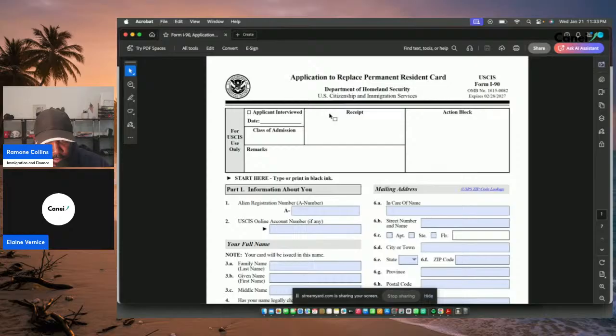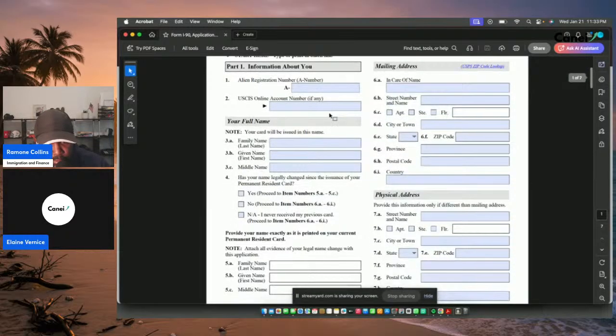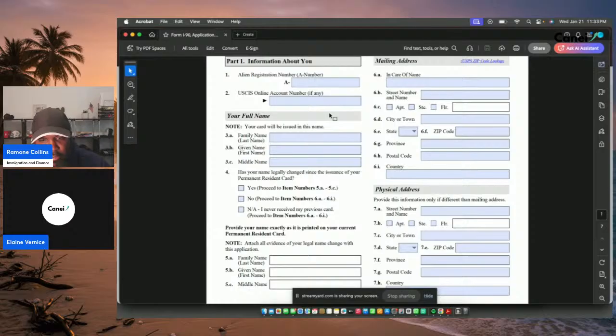So if you scroll down a little bit, it's asking for the alien number or your USCIS number. Usually, 9 times out of 10, when you're replacing this card, you already have this information. The alien number will be on your receipt. So for demonstration purposes, you can just type in